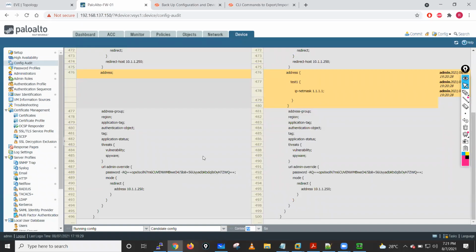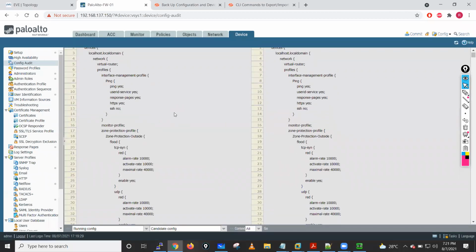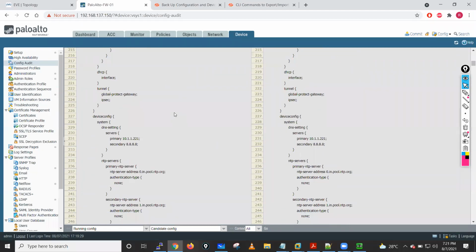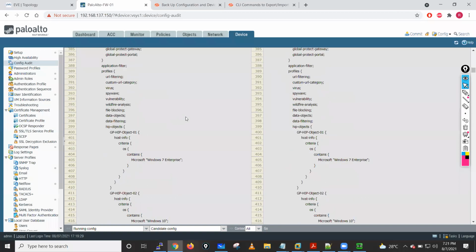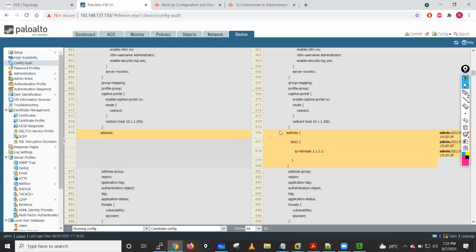If you select All and click Go, you will get all the configuration. If you want to monitor, you can monitor it. It is just preparing the config audit results, so it will take some time. 100% completed. Now here you can see all the results, whatever configuration you have in your firewall. But see, this is the address I have added, and it appears in the candidate config,